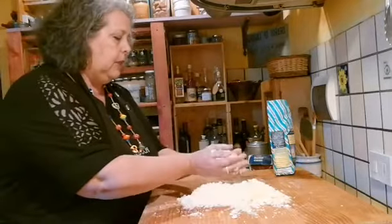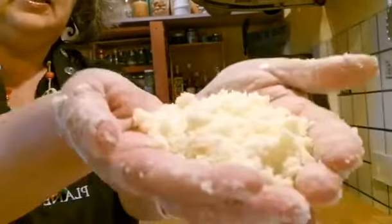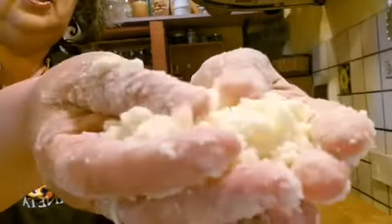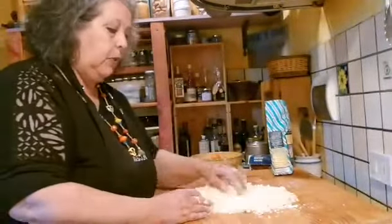So I'm going to bring some of this over here to you, so you can see. Can you see the consistency of this now? It's just like grated Parmesan cheese, okay? So then, to make it pie crust from crumble,